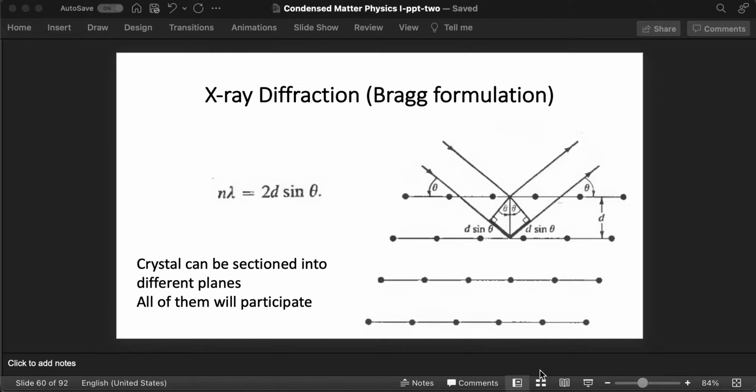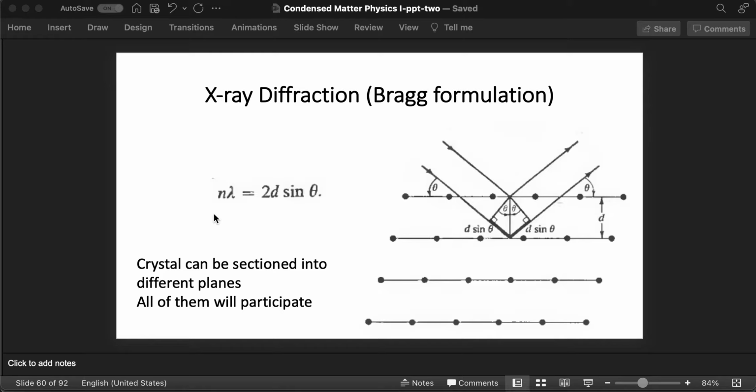So our earliest study of X-ray diffraction is from Bragg and the Bragg formulation. So you have a set of lattice planes like this. We had talked about lattice planes in the previous class, and those planes are separated by a distance d. You have incoming X-rays and they get scattered off like that, and it's quite easy to see from the figure that the total path difference is 2d sine theta, and you get constructive interference when 2d sine theta is an integral multiple of the wavelength, and that's called Bragg's law.